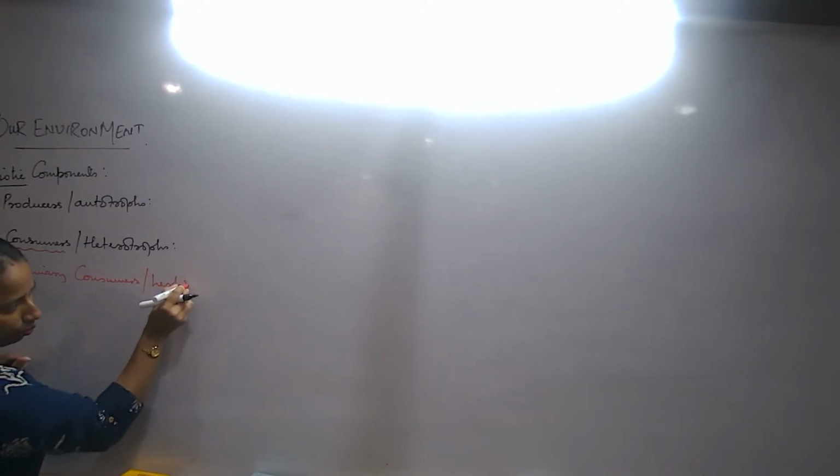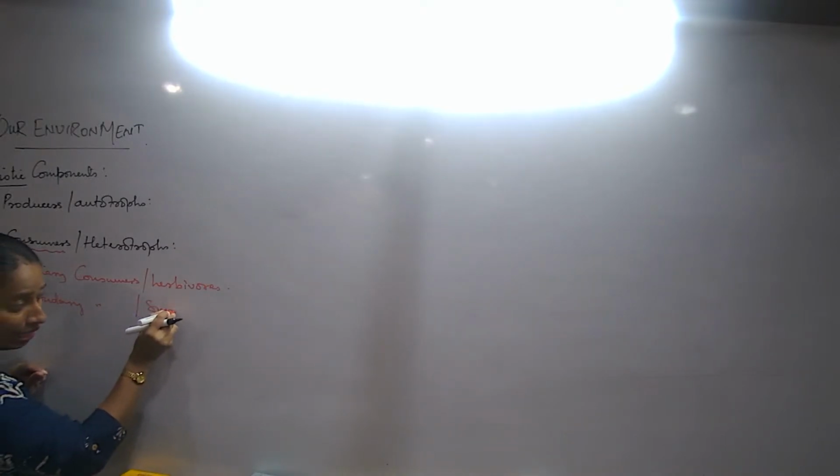Consumers, again, are of various types. Let us look into what the different types of consumers are. We are going to talk about an example of a food chain. What are some of the groups? Consumers can be primary consumers. Primary consumers can also be termed as what? Primary consumers are also known as herbivores. Then we talk about secondary consumers.